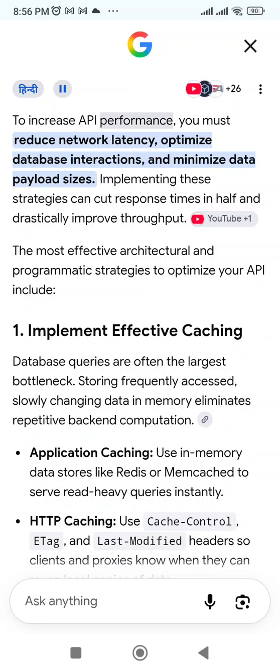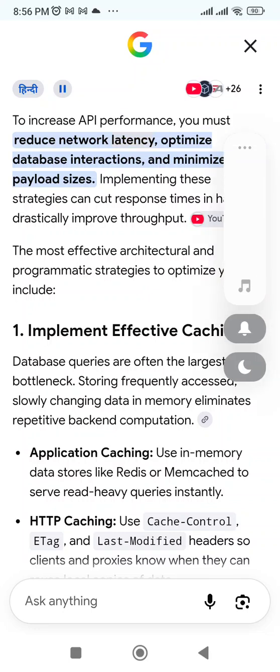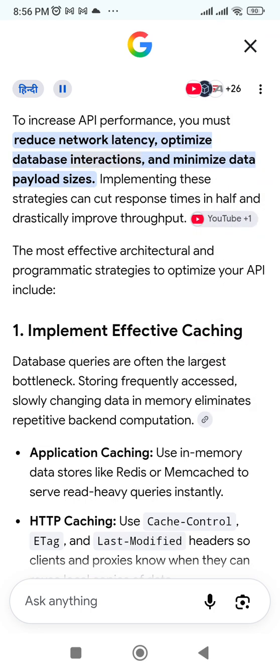To increase API performance, you must reduce network latency, optimize database interactions, and minimize data payload sizes. Implementing these strategies can cut response times in half and drastically improve throughput. The most effective architectural and programmatic strategies to optimize your API include: